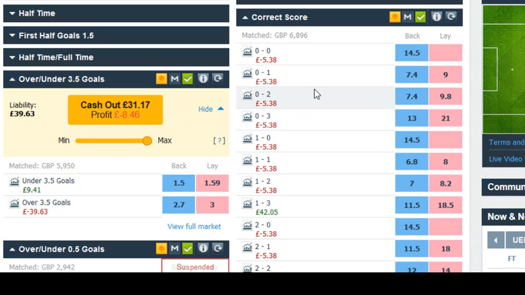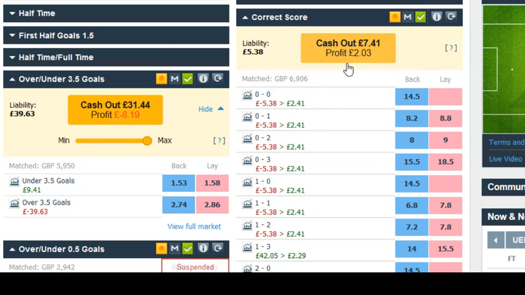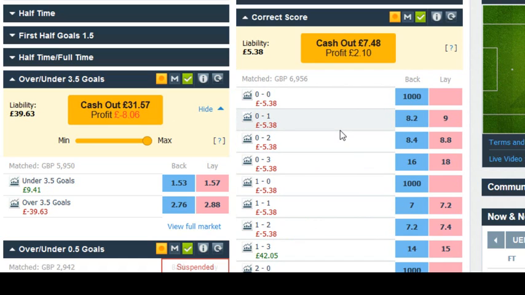-£8.46. The correct score market does normally take longer to settle down, but even after the goal we can cash out here for £2.17. Obviously we don't want to do that at this stage, but the aim of this was to just show you how the markets react. What we now hope is that there's going to be a long period when no more